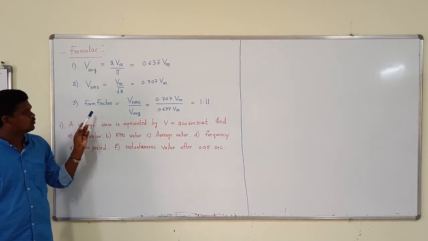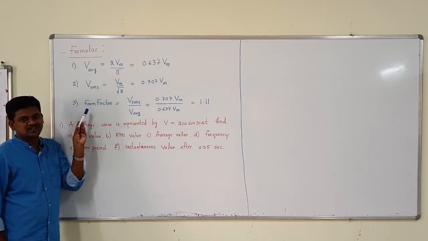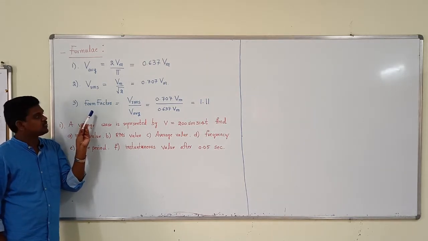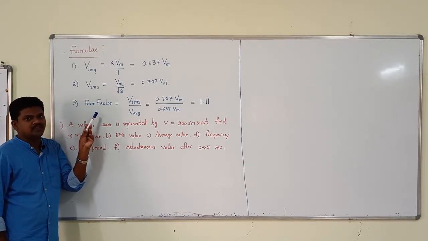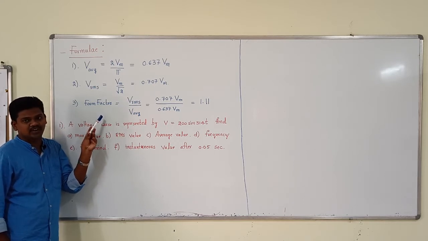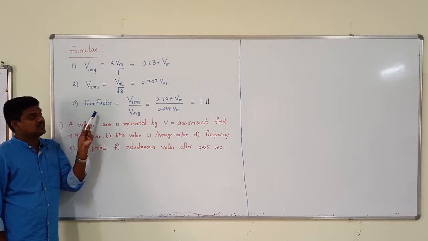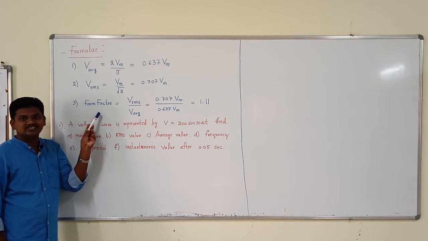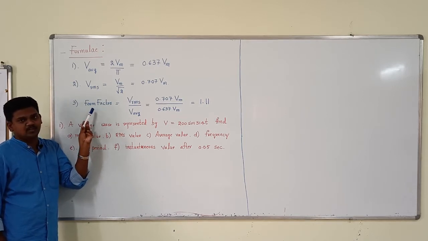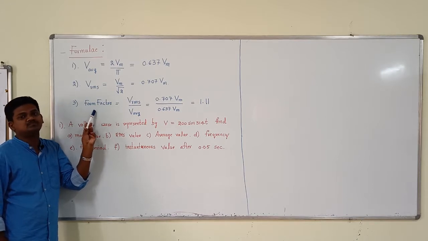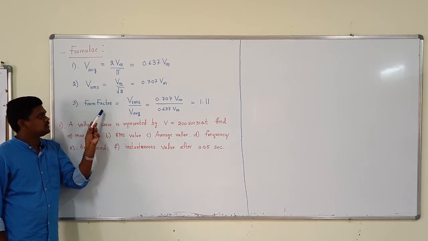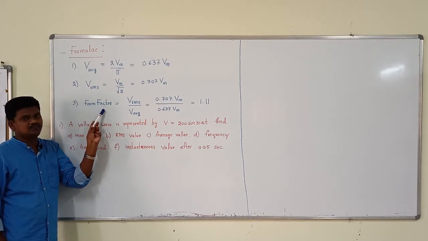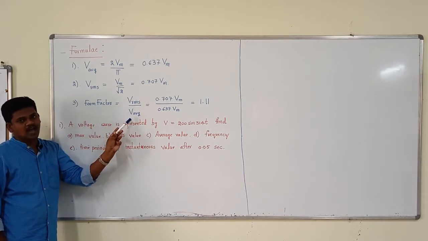Next we have a ratio, which is named the form factor. Form factor means if any two periodic functions have the same time period and the same maximum values, but their configuration is different, that difference is represented by the form factor. By observing the form factor, we can distinguish between two different waveforms that have the same time period and same maximum values. The formula is form factor equals RMS value by average value.